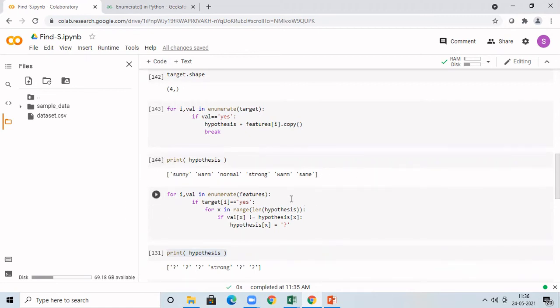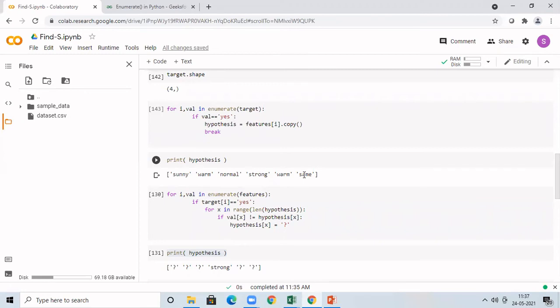Now, in the Find-S algorithm, we have seen that you have to consider all the positive examples in your target class and refine your hypothesis. What this hypothesis says is, if in the first feature you have sunny, second warm, third normal, fourth strong, fifth warm, sixth same, then the person will enjoy the sport.